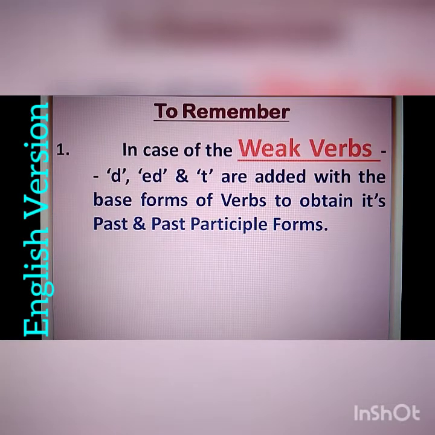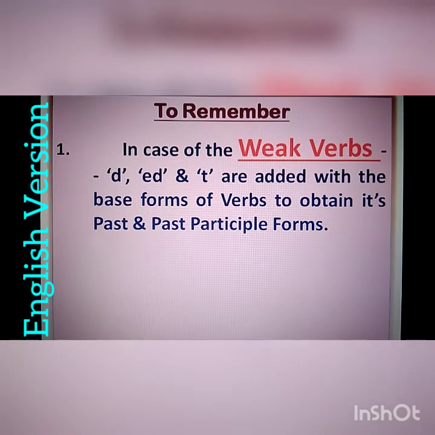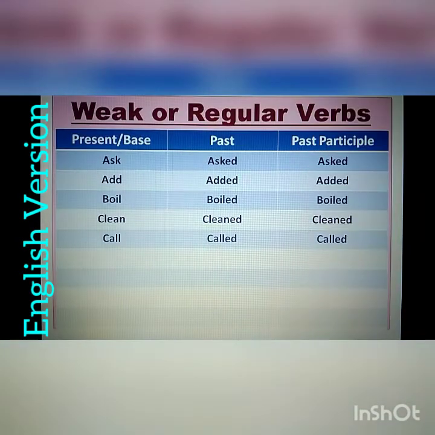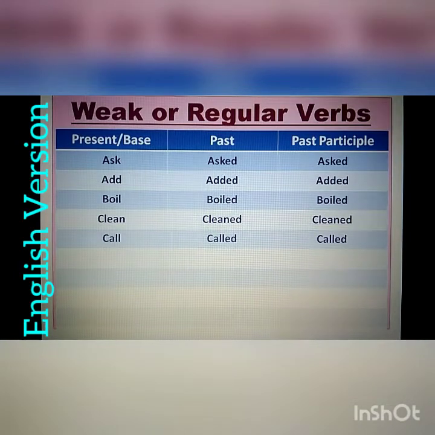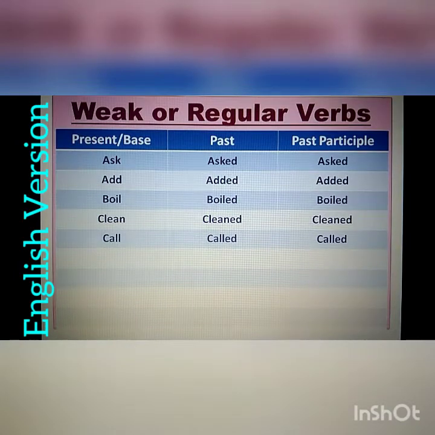That means to get the past and past participle forms, we have to add d, ed and t. Now, here we have shown you some examples and we have to memorize all these,